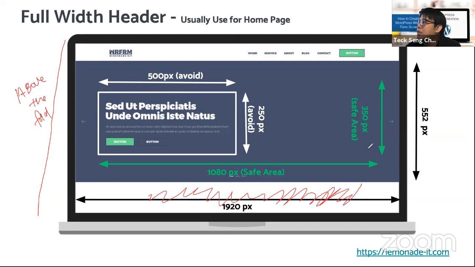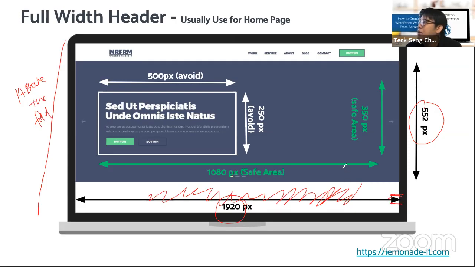So what we do is we calculate based on the best sizings. We have 1920, which is the full width, as I explained to you, and the best sizing we have was 552. Of course, if you want it bigger, like 640, 700 is still okay. So you'll go all the way down, 640 and then 700.